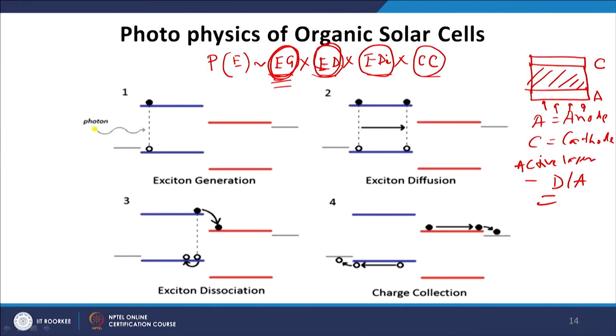So, look at this. Not only is the absorption important, the charge carrier mobility of this material is also very important. If the charge carrier or the exciton that has been generated at a particular site is not able to diffuse to the interface, then there is no point in this charge carrier generation, even if it is very high. That is why the diffusion of the exciton needs to be very optimized. We need to design a material which has very high hole mobility or very high electron mobility. Especially if it is a donor material, we prefer a material with high hole charge carrier mobility. Now, the exciton has reached the interface.